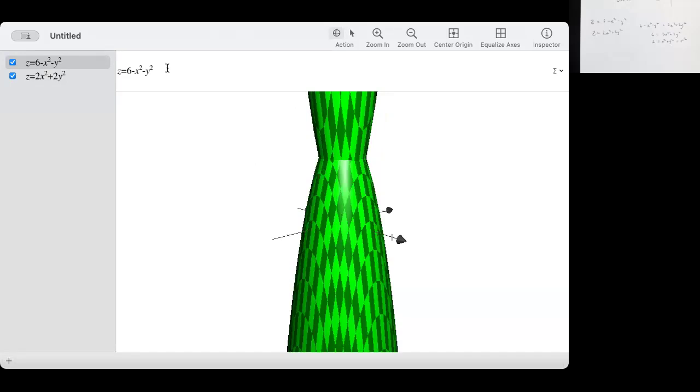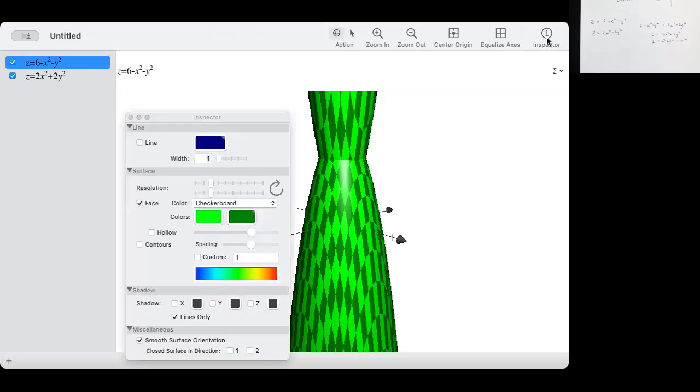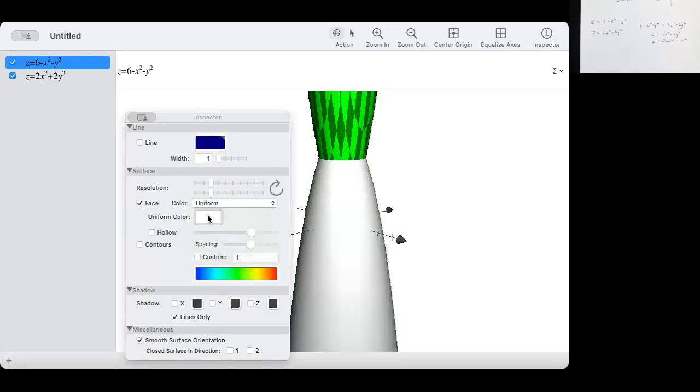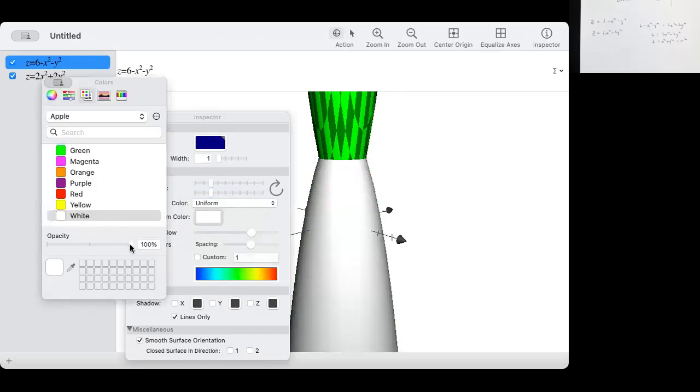It's kind of hard to see here because I see too much of the outside parabola. So I'm going to go to the one that's going down, and I'm going to turn the inspector on, change that one so we can see through it a little. Right? I see the underside coming up. And then if I go to the other one,